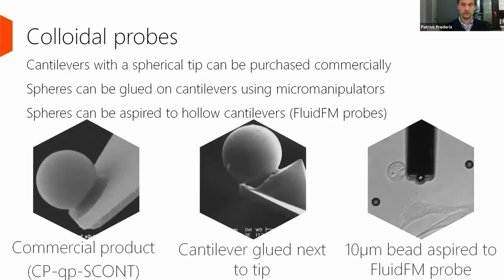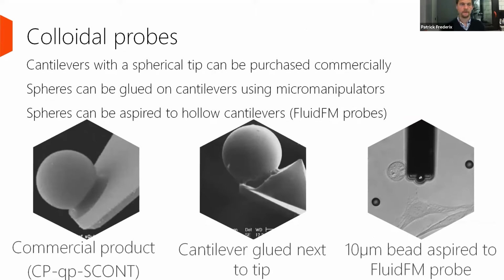Colloidal probes, how easy is it to get them? You can now commercially buy them from several manufacturers. Here on the left, you see a commercial product. CP stands for colloidal probes, and then the QPS count. That's a cantilever with spring constant 0.01 Newton per meter that you can buy like this